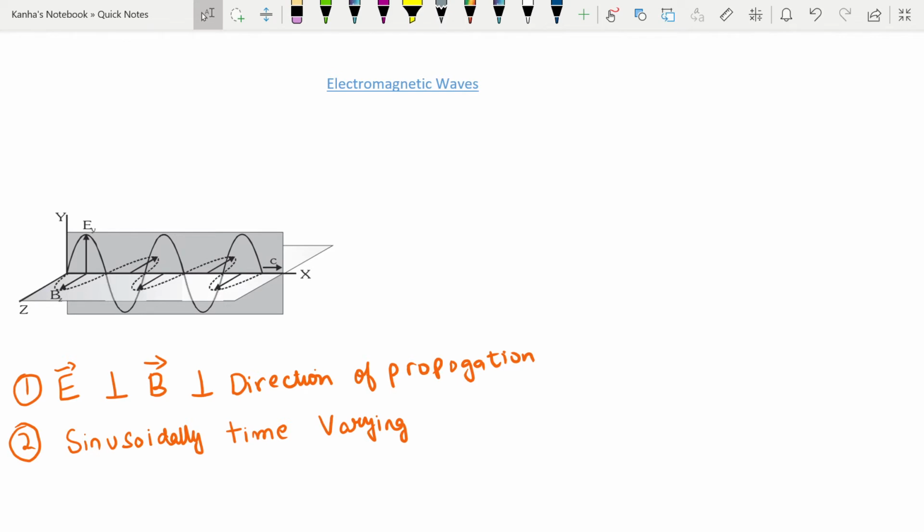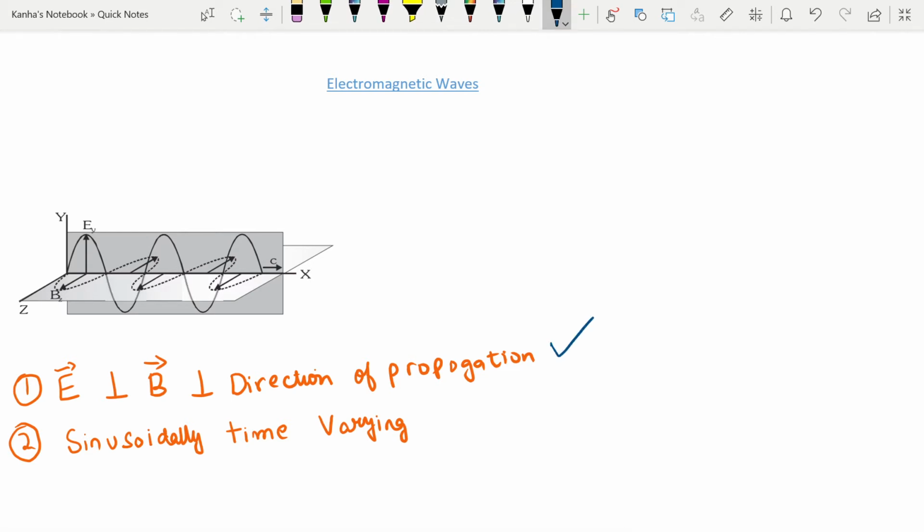We now begin our discussion about electromagnetic waves. So a changing electrical field produces a changing magnetic field and vice versa, and these give rise to a transverse wave known as the electromagnetic wave. You should note that the time varying electrical field and the magnetic field are mutually perpendicular to each other, and they are also perpendicular to the direction of propagation of the wave.